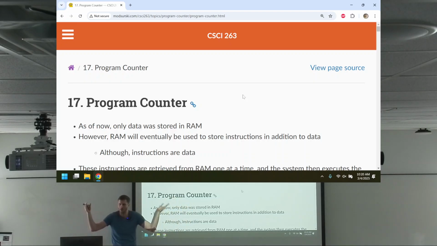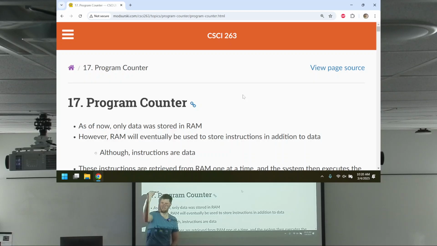But it's not a one-to-one mapping, right? You can't look at one line to one line. There's a little bit of extra steps involved, right? There's a process of compiling. But at the end of the day, there's still this step, then this step, then this step, then this step, okay? The program counter keeps track of which step we're on. In fact, it keeps track of the next step that we should execute, but more on that